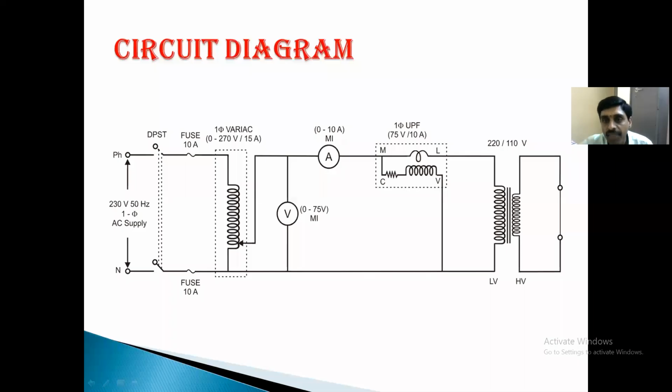One second. You see, on the high voltage side, the current is less. On the low voltage side, the current is more, because the kVA rating is the same on the low voltage and high voltage sides of the transformer. If the winding has more turns, voltage is more and current is less. With fewer turns, voltage is less and current is more. It depends upon the cross sectional area, as I said. In the short circuit test, we have to conduct the test such that rated current flows in the winding. In the open circuit test, we apply rated voltage. In the short circuit test, we apply rated current. So for rated current, on the 220 side the current is less.